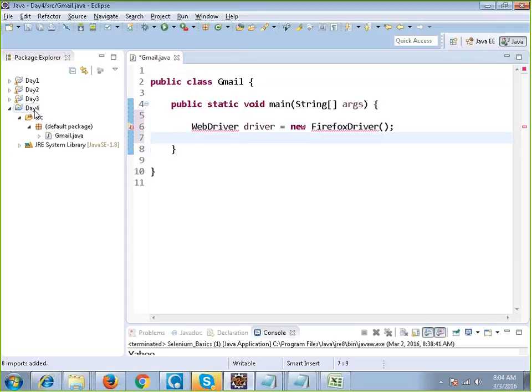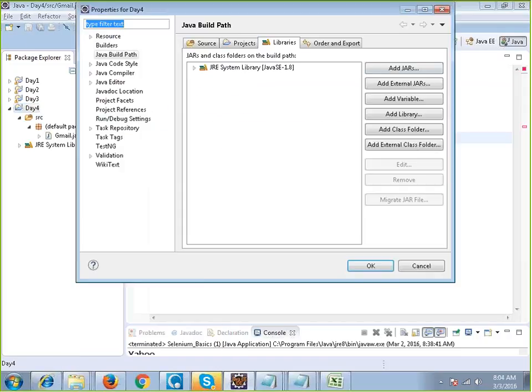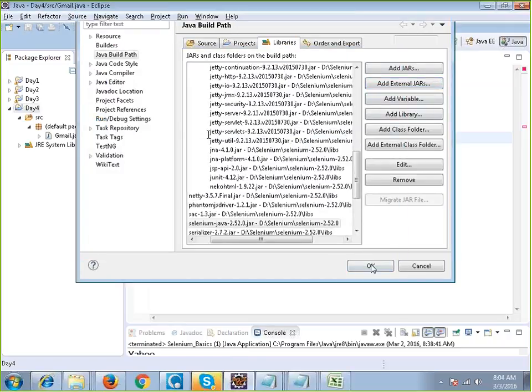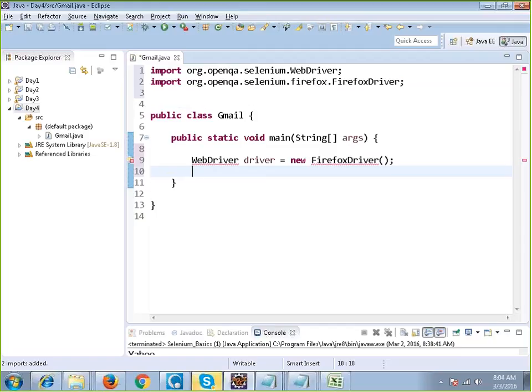I'll have to add the jar files for Selenium in the project. Just a minute. I'll add the jar file. Right, and I'll write over here driver dot get, go to the URL http